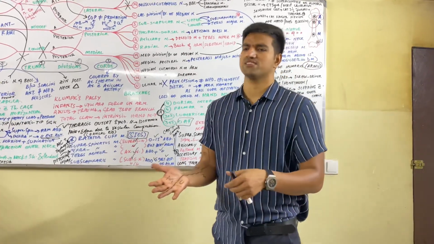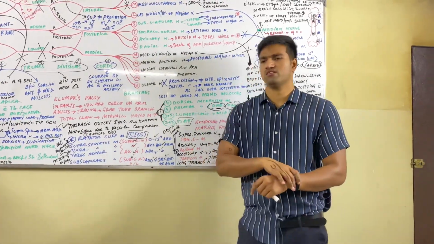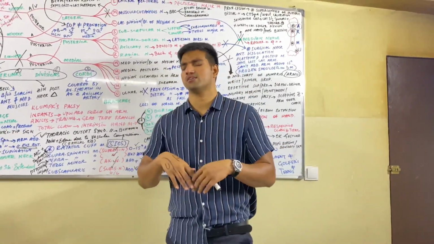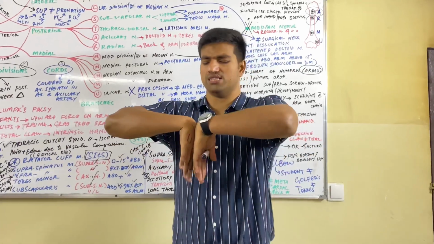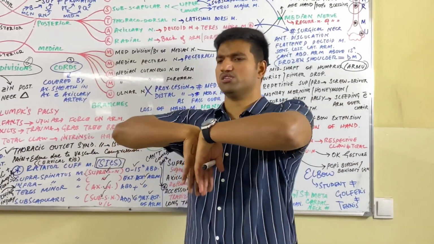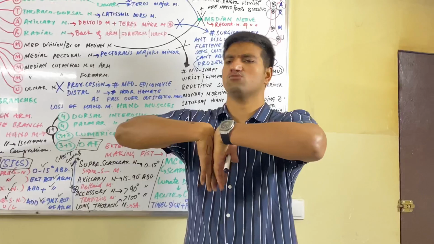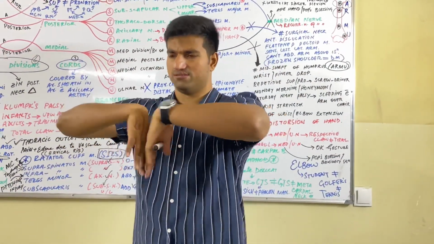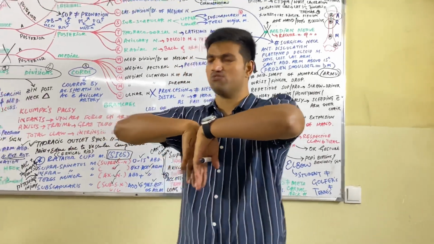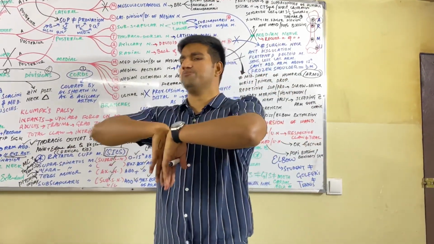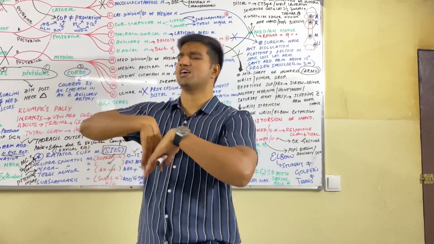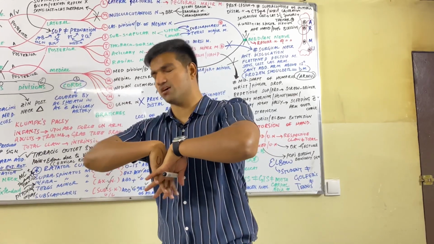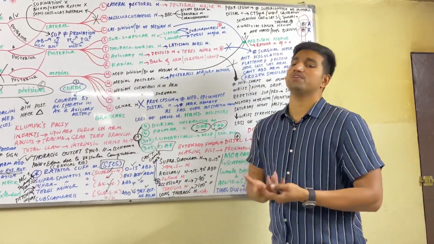And the second one is Phalen's sign. In Phalen's maneuver, we do flexion at both wrist joints like this. We tell the patient to do flexion at both wrist joints. Normally you can do it like this, like I'm doing, but if there is an entrapment of the median nerve, he or she will feel pricking pain on the left side or right side, depending on which median nerve is being entrapped in the carpal tunnel. So that was about carpal tunnel syndrome.